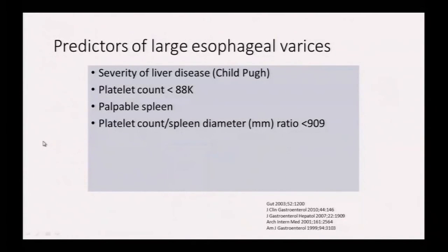How do you tell? Well, if they have liver disease, that's a good tip-off, right? Not that they're a drinker, but they have liver disease. Usually their platelet counts are low. Really hard to have a variceal bleed and have a 280 platelet count, right? If you have a palpable spleen, not that anybody does physical exam, but if there's a big spleen on the